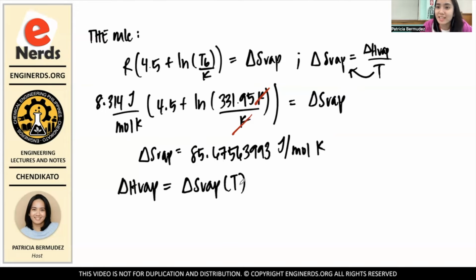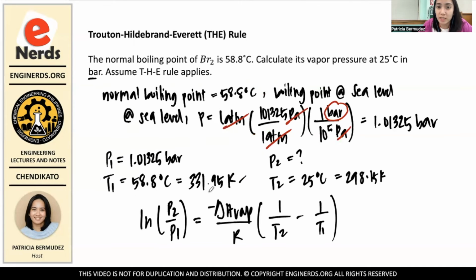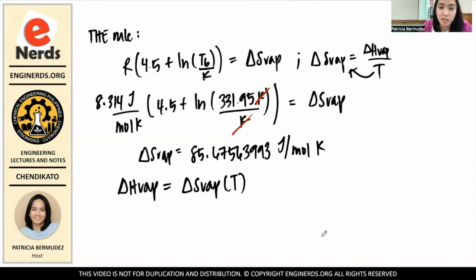And what is our T? It is the boiling point temperature also. Here, this is delta H VAP, this is delta S VAP, and VAP indicates vaporization. At what temperature did our bromine vaporize? It is 331.95, so that is also our T here. If we're going to equate that, it will be